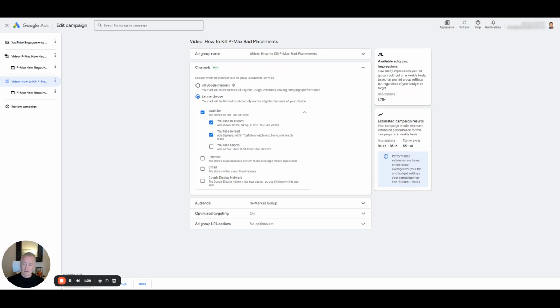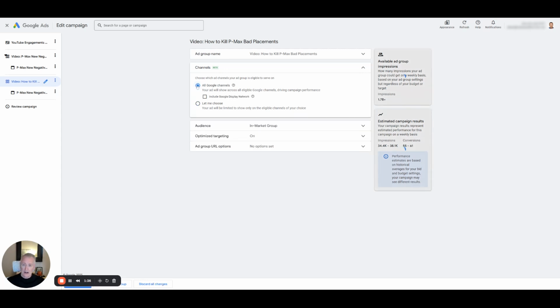So in this case, it's actually a campaign I'm running for 10,000 Foot View for the agency to get more video exposure and subscribers as I grow the channel. So in this case, if I were to select all Google channels, which is now the default, then it will run on all native inventory, which is all of like Google's inventory. Then you have the option to add Google Display Network. And by the way, Google Display Network was not available until this update.